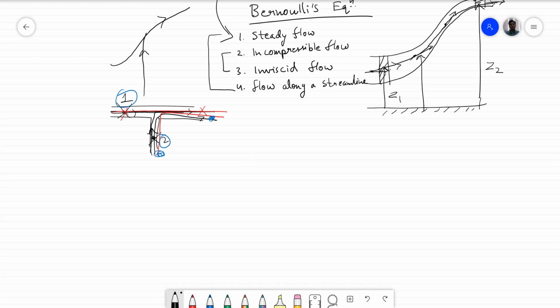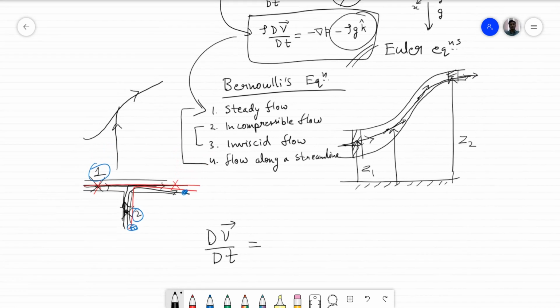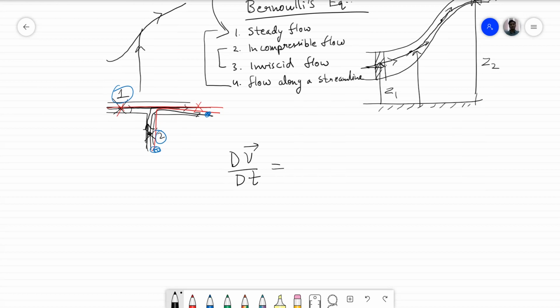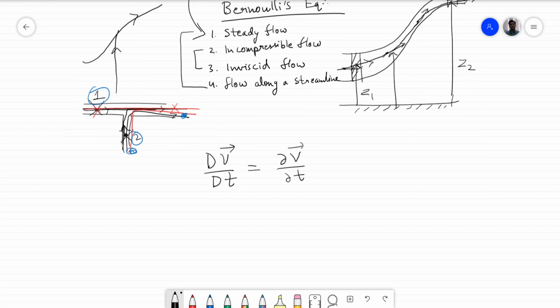Okay, let me just expand dV by dt for clarity. dV by dt can be written as dou V by dou t plus V dot del V,